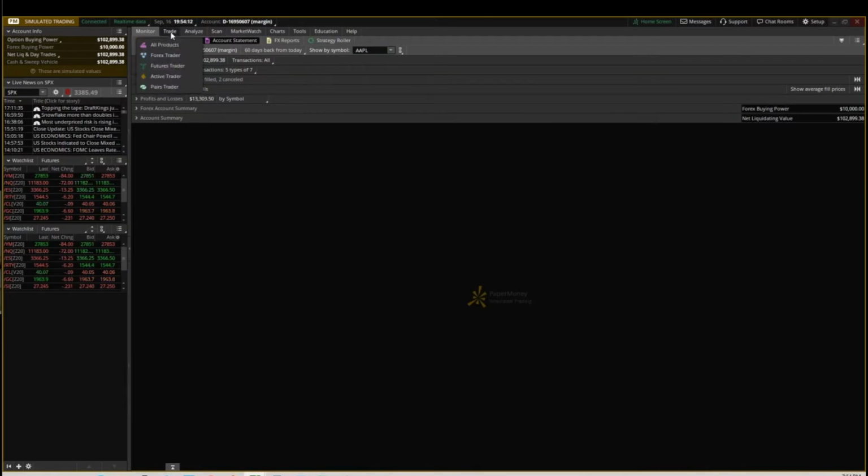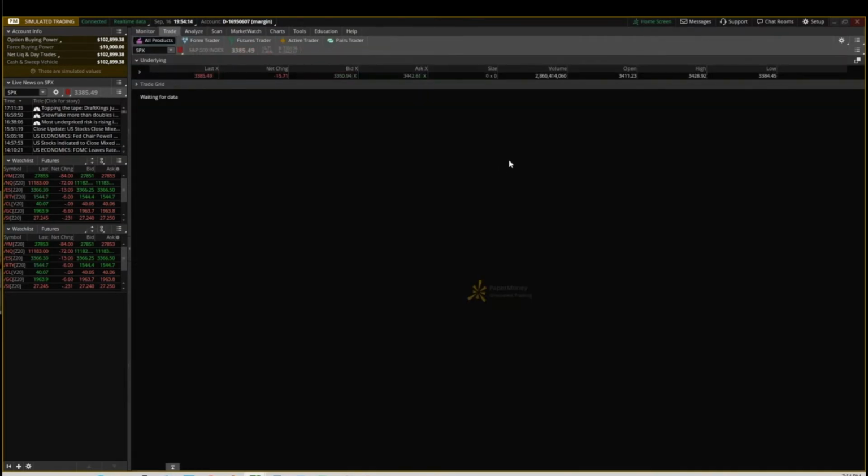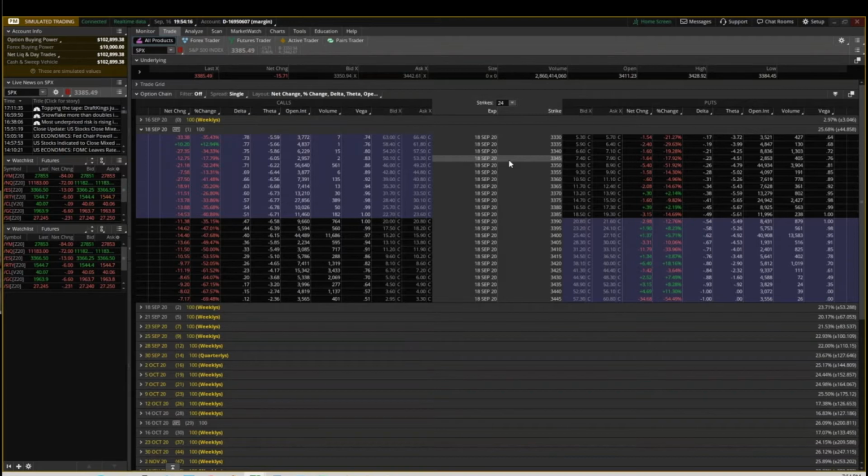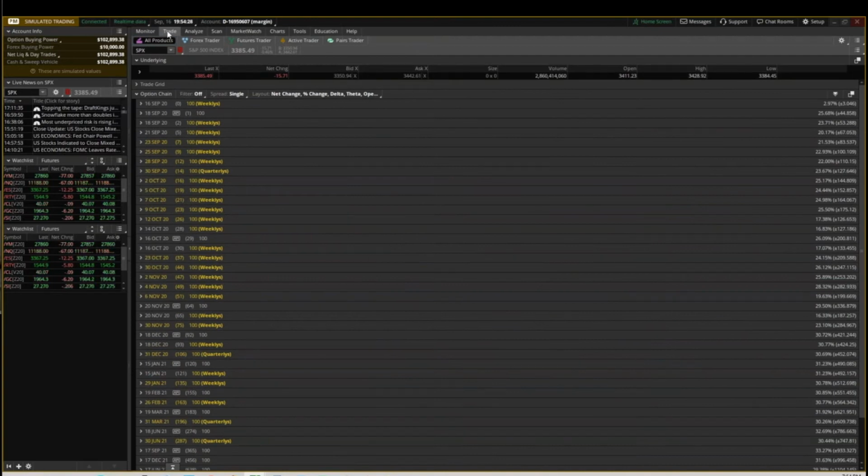Now, moving on here to the trade tab. The trade tab is where all the executions happen. This is where you will execute your trades, look for your symbols, create your strategies, and so forth. And the main components of the trade tab are going to be all these sub tabs right here, which go